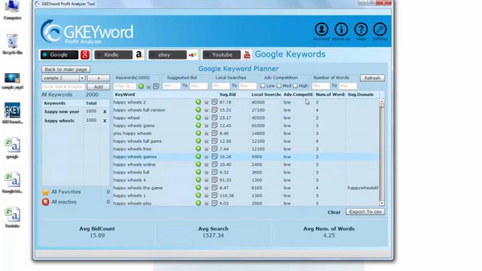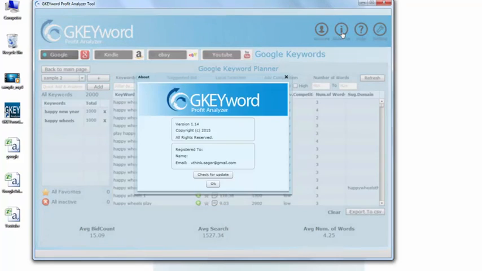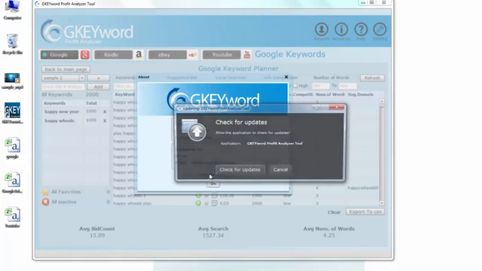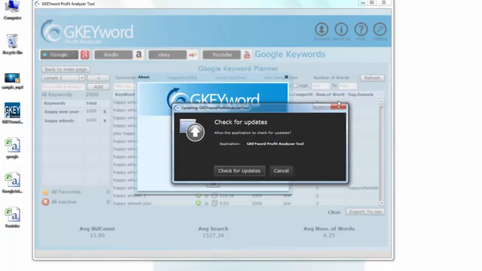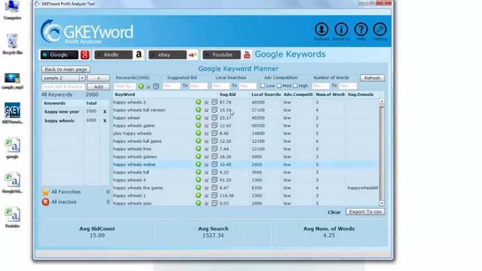Fine. In the About section, it will tell you about the software. You can check for updates. If there is an update available, it will check whether there is a new version available. Help section will tick